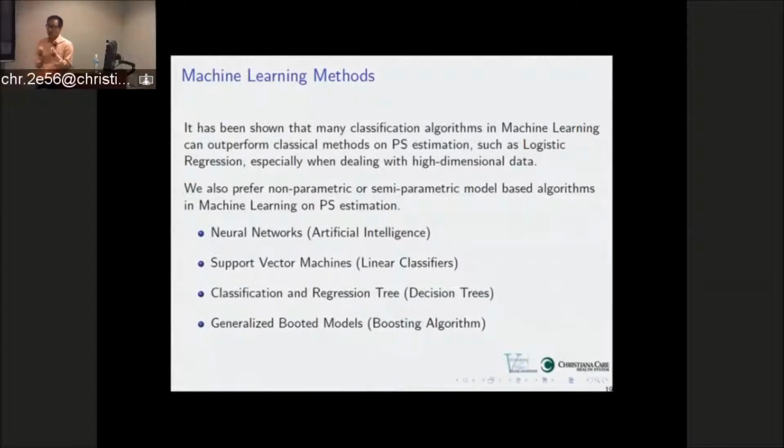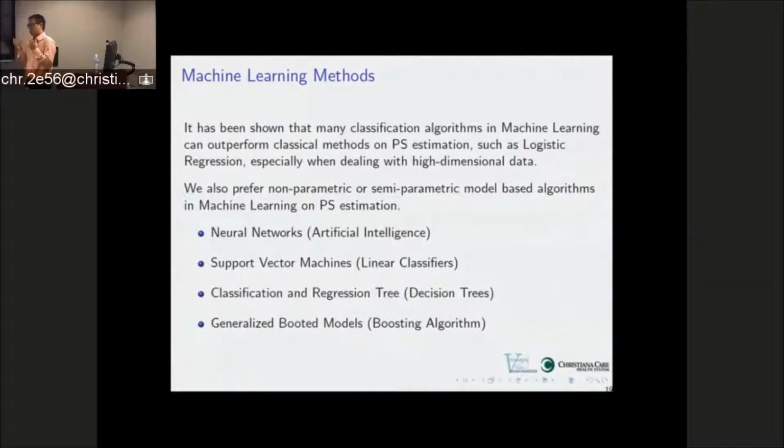We know high dimension data is a big limitation for logistic regression, but the classification algorithms in machine learning can provide some strength in this problem. So we also prefer the non-parametric and semi-parametric model-based algorithms in machine learning